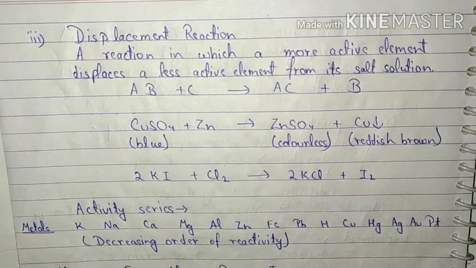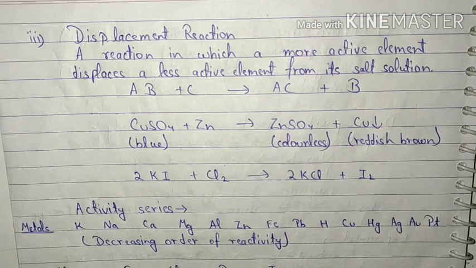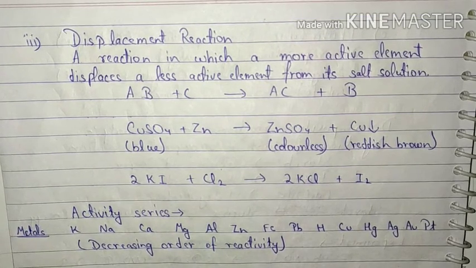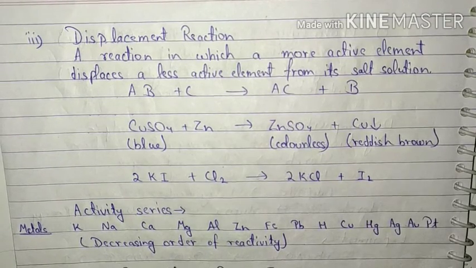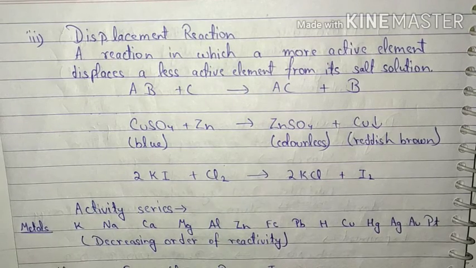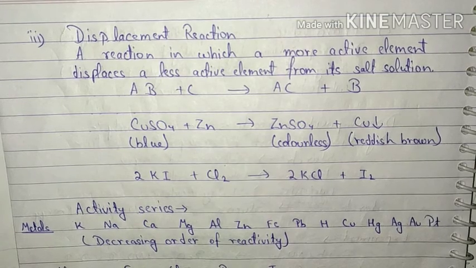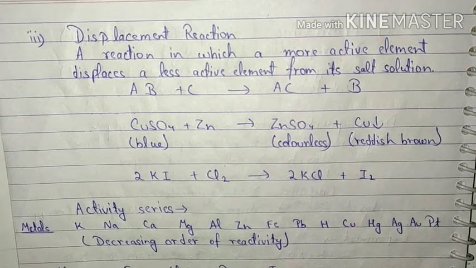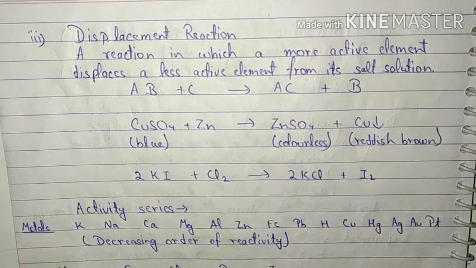Obviously, what do we know? That student Y is going to come first in the class this time. Now what has happened over here? Student Y has removed student X from the first position and taken its place. And why has that happened? Because student Y worked harder than student X. In the same way, in the displacement reaction, what do we observe? That certain elements which are more reactive displace the less reactive elements from their salt and take its place.